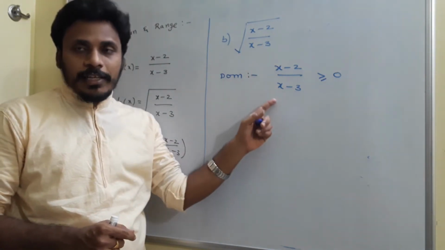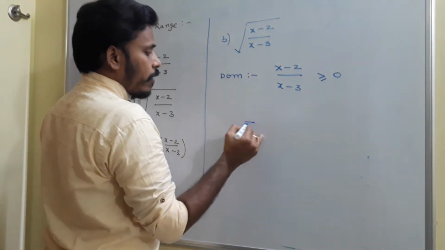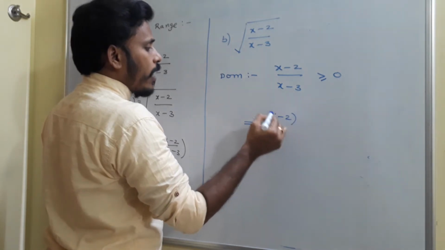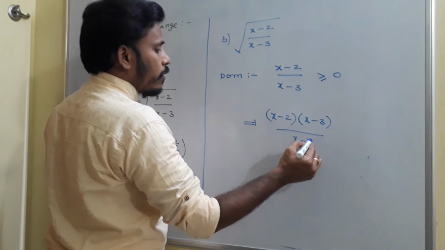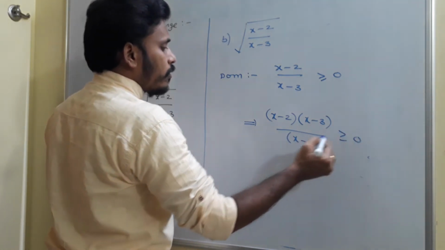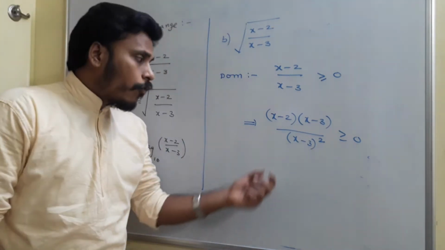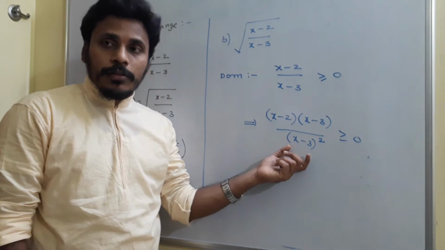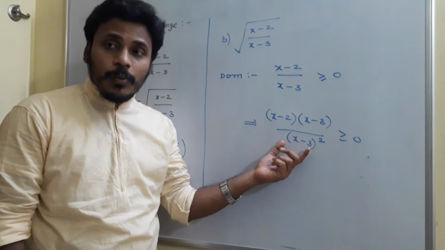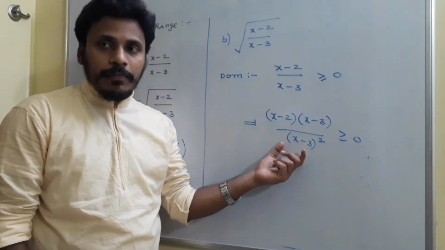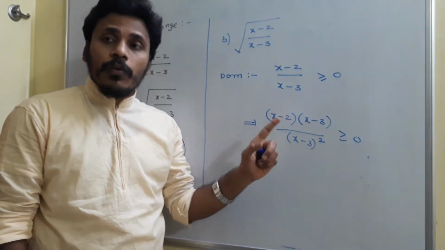So how do we find x from these types of rational functions? We call them rational expressions because a numerator and denominator are there. So for (x-2)/(x-3), you multiply both numerator and denominator by x - 3. If you don't know the way of solving this, pay some attention here. I multiplied both numerator and denominator by x - 3. After that, the denominator becomes (x-3) squared. Now look at the denominator: (x-3) squared is a perfect square quantity, which means always positive.